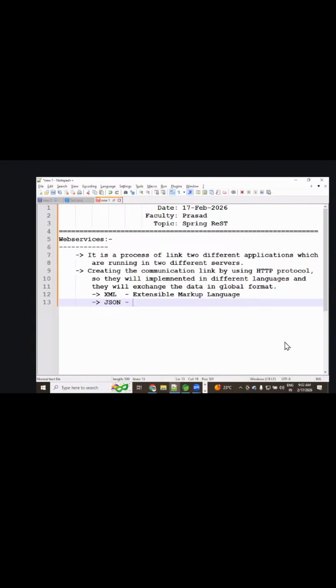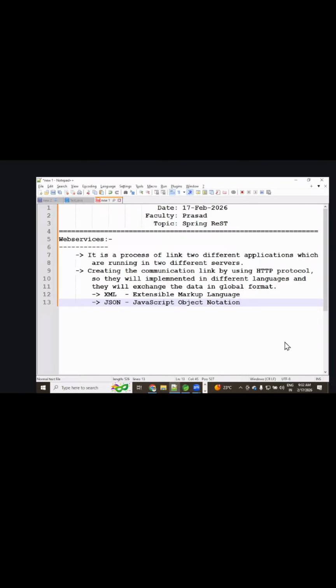Very good. What is that? J stands for JavaScript, Object Notation. Okay. It is required. Going forward, we are going to discuss all this stuff.